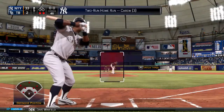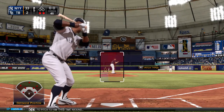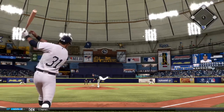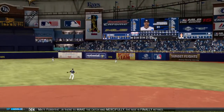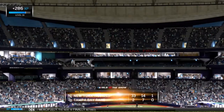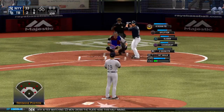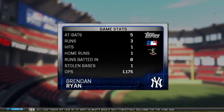Dave Winfield will step in, and we'll see if they decide to pitch to him this time around. First pitch coming. Now a ball lined hard toward deep right field. Forsythe is there to make the catch, and mercifully the side is finally retired. I don't know about you, partner, but I'm out of breath after watching 13 men cross the plate here this half inning. Steven Souza will lead things off here in the ninth in what's been a truly...